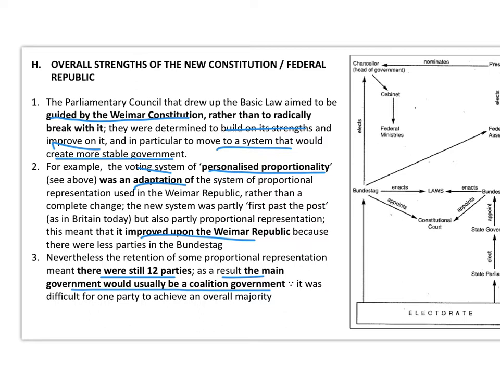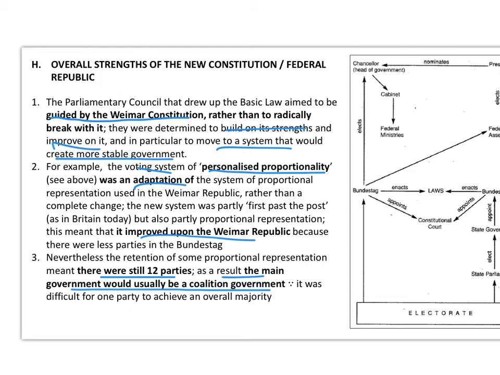Okay, so that's something that you'll get an understanding of as we go through the next few lessons of Depth Study 4. They were coalition governments, the same as the Weimar Republic, but in the Weimar Republic the coalition governments fell apart. They argued with each other, and the president stepped in and dismissed the chancellor, and Article 48 came into effect until they could form a new government, and eventually they just basically gave up faith in democracy, which paved the way for Hitler to take power. That never happened in West Germany. Okay, coalition governments worked because of all these particular things that we've talked about, you know, the constructive vote of no confidence, and so on and so forth.